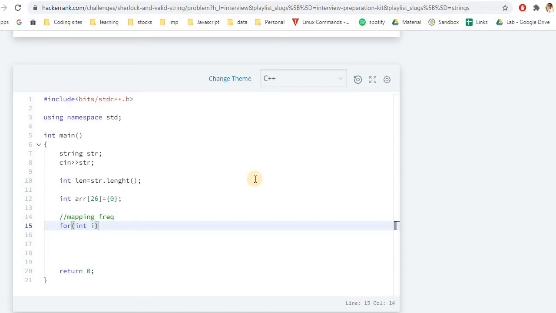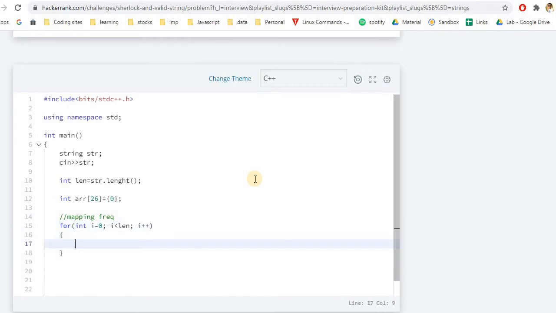This will be done using a for loop. It will go from i equal to 0 to i less than len, i plus plus. Here we can simply write array, and for each occurrence of str[i] we'll subtract the character 'a', or you can simply do minus 97 and then typecast into int. However, this option is also available. So we will increment the value for each character. By subtracting 'a' or 97, we get a range of 97 to 122 mapped into 0 to 25 values, and this will be mapped into our array.